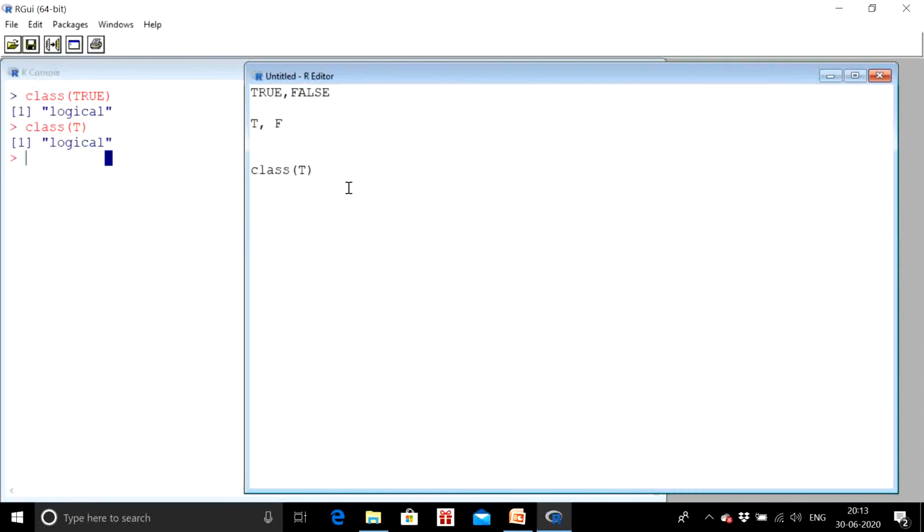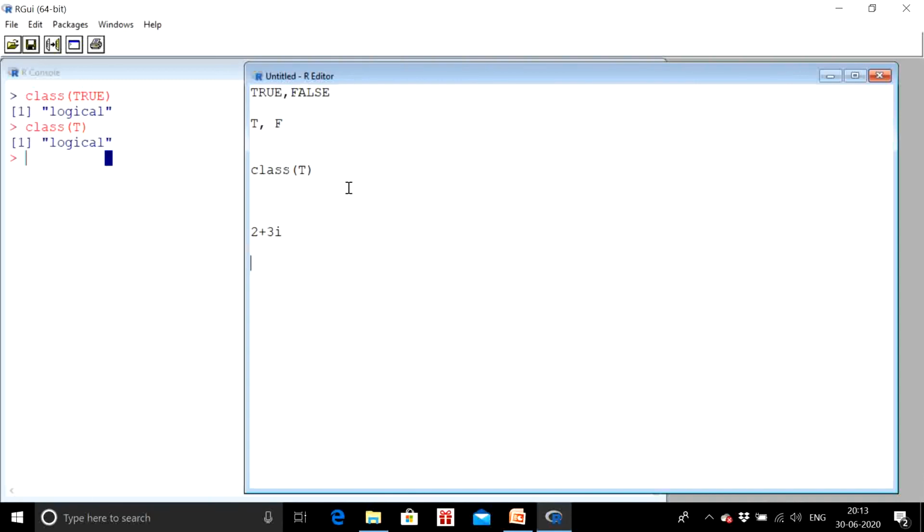Now there was another data type, I think complex. Yeah. So suppose, I hope you know what a complex number is. It contains an imaginary part. Let me show you how. Suppose 2 plus 3i. This i is the imaginary part, and i is equal to root over minus 1, sorry, my mistake. i is root over minus 1, and this 2 is the real part, and this 3i is the imaginary part.